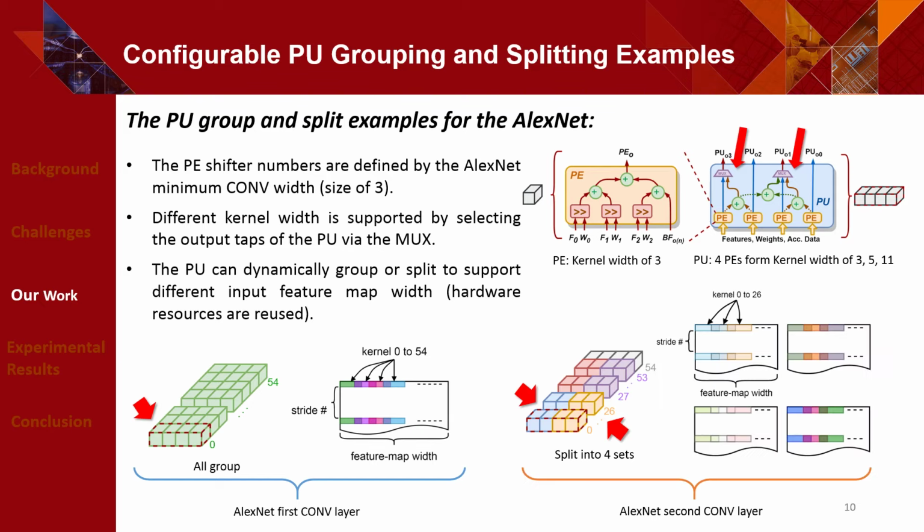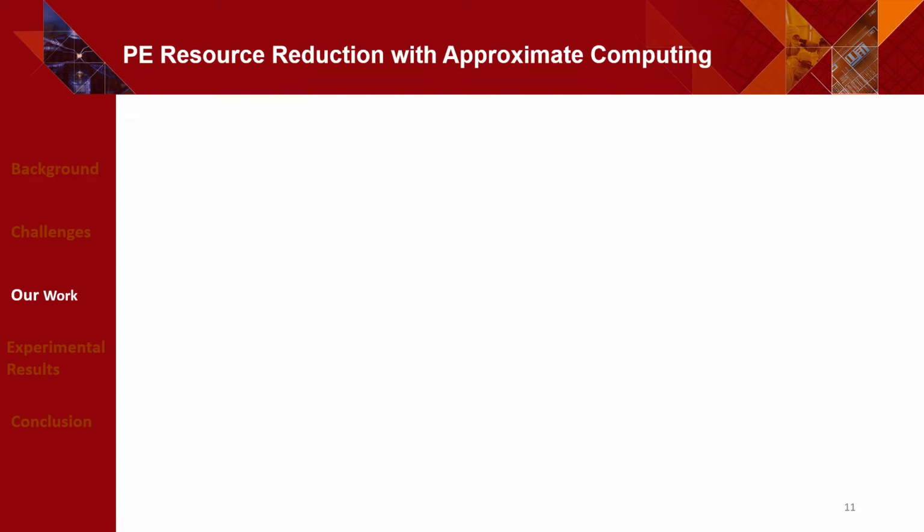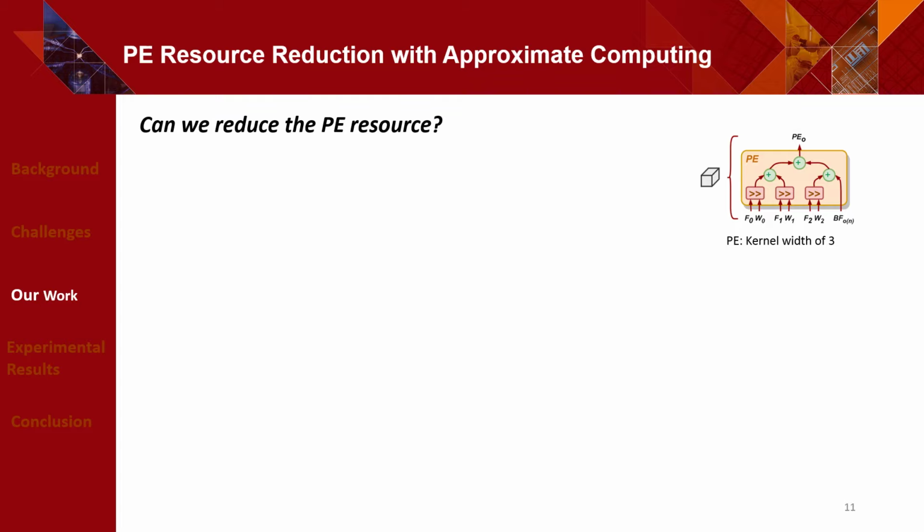And after the first convolution layer, for the second convolution layer, the input feature map is reduced to 27. Then we can chop it into 4 sets in order to work along the output channel as well. After we understand how the PU can be configured, grouped, and split in different manners, we also need to understand how we can reduce the PE resources a little bit, as there are a lot of shifters to